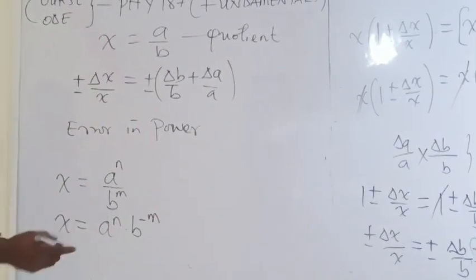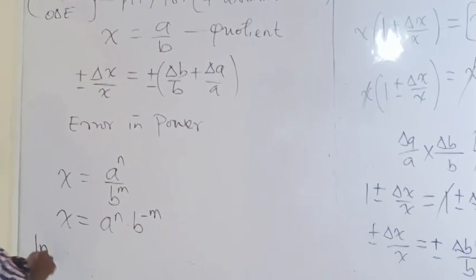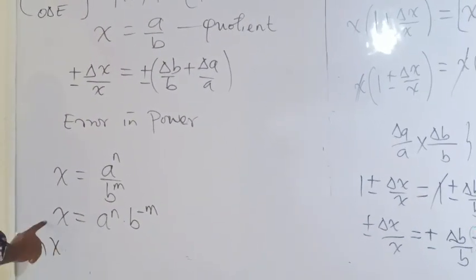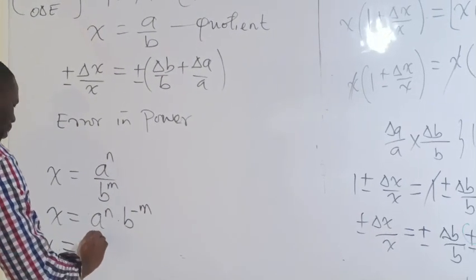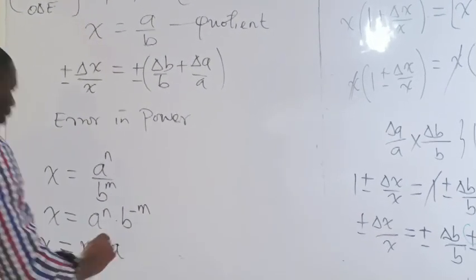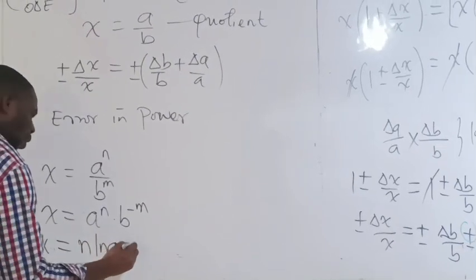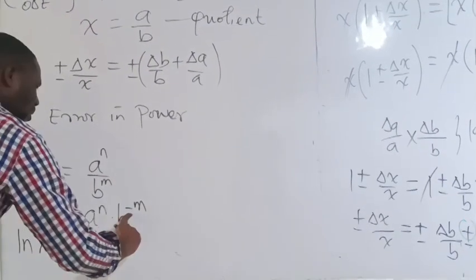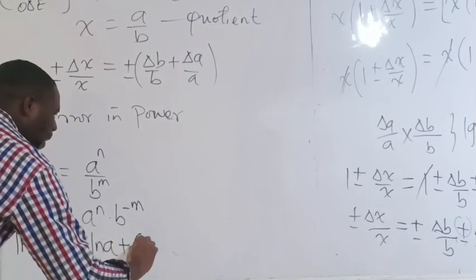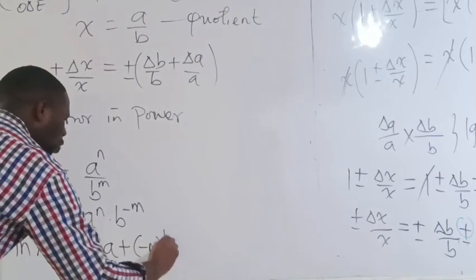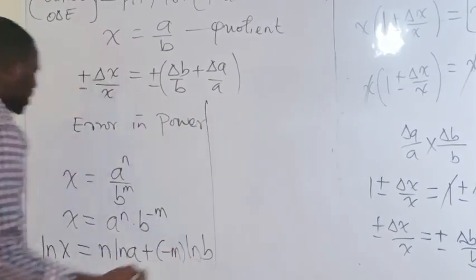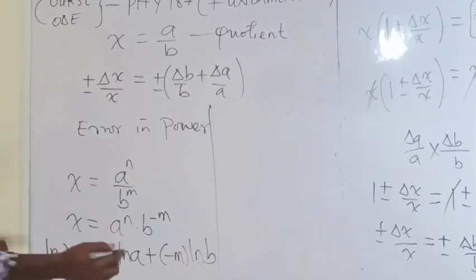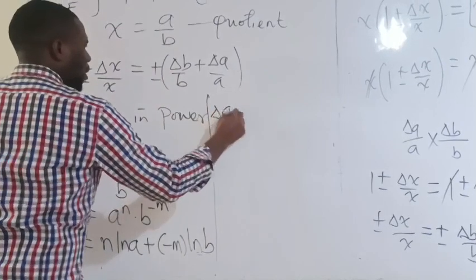Of course, I will take the log of both sides. So this will be the natural log of quantity x. This will be equal to, I could bring down the power, n times the natural log of quantity a, then plus, bringing down the power, minus m times the natural log of quantity b. Now I could massage that further, and once I do that, straight to the point, I'll get the fractional